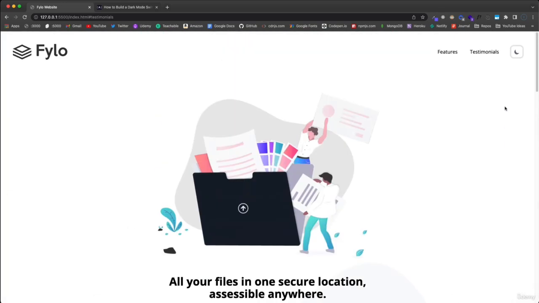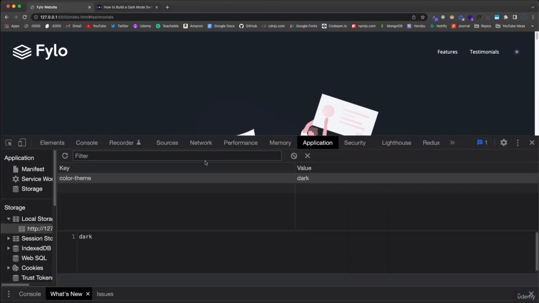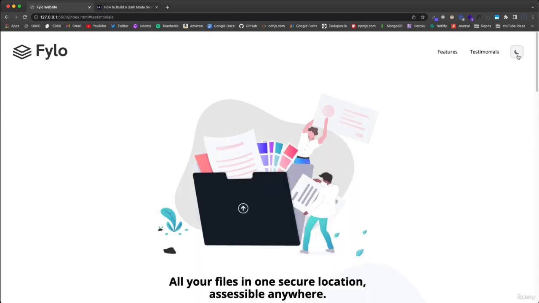All right, and we're going to be saving the setting in local storage. So if I put it on either mode and I leave the website or I close the browser and come back, it's going to be saved. In fact, I can show you real quick. In local storage, we have color theme, it's set to dark. If I click that, it gets set to light, and that's going to stick